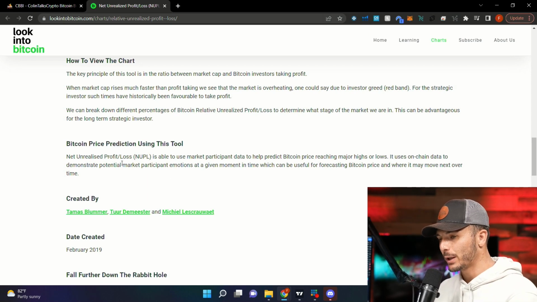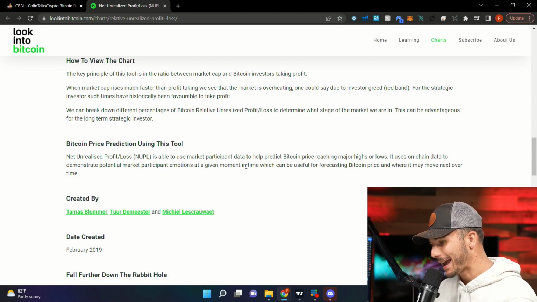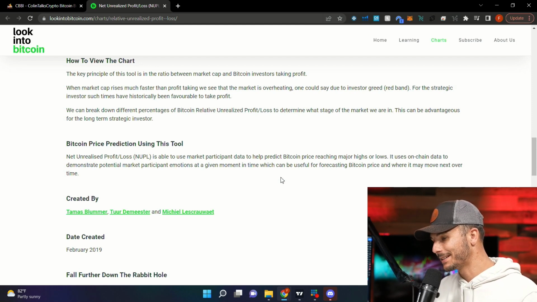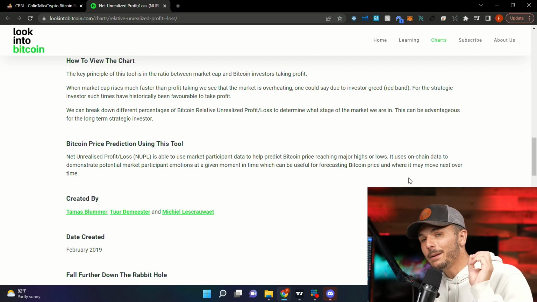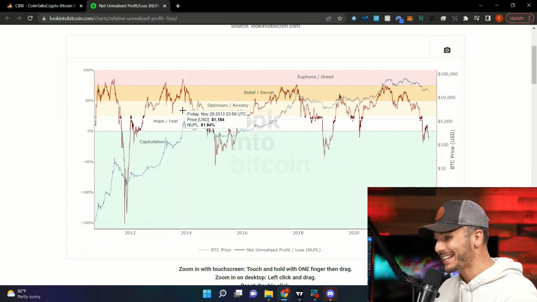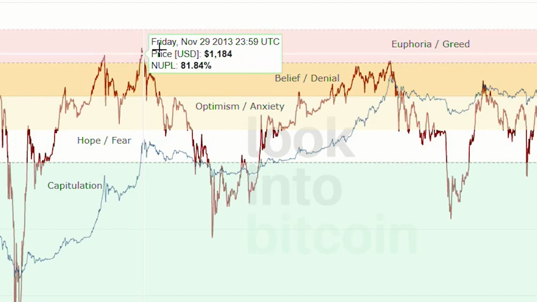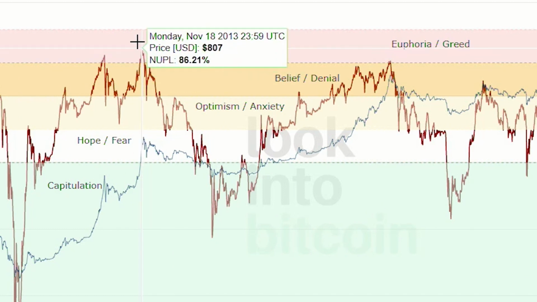It says net unrealized profit and loss, or NUPL, is able to use market participation data to help predict Bitcoin price reaching major highs or lows. It uses on-chain data to demonstrate potential market participation emotions at a given moment in time, which can be useful for forecasting the Bitcoin price and where it might move next over time. You can see historically, when you get up into this euphoria/greed phase, it has typically been a good time to